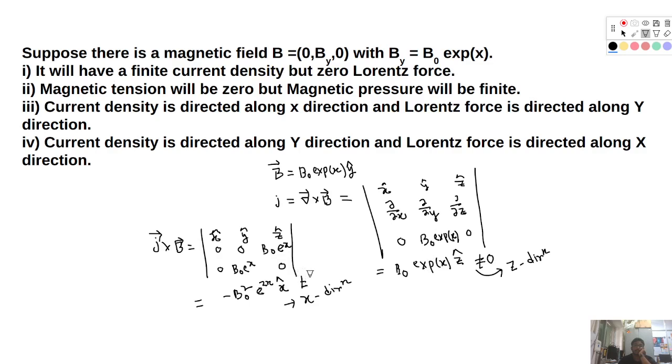This one is also a non-zero value. So magnetic tension will be 0 but magnetic pressure will be finite. So how do you think of it? If we look at the physical implications of different components of a Lorentz force, you will find that J cross B can be written in two terms. How? Let's say you have J cross B, that will give you